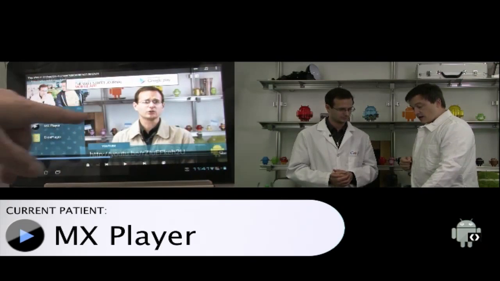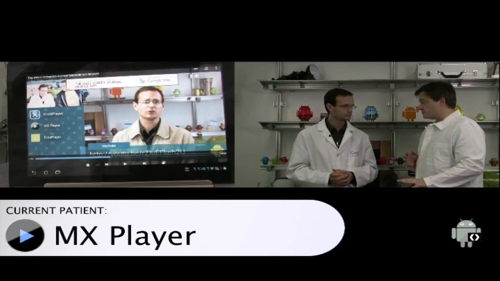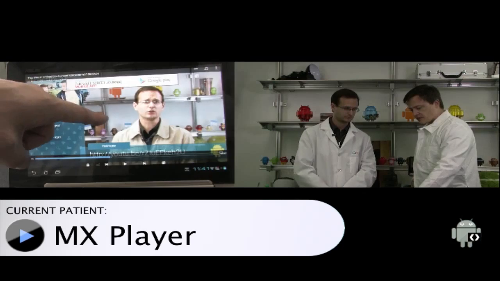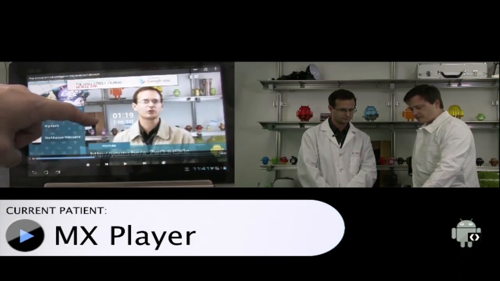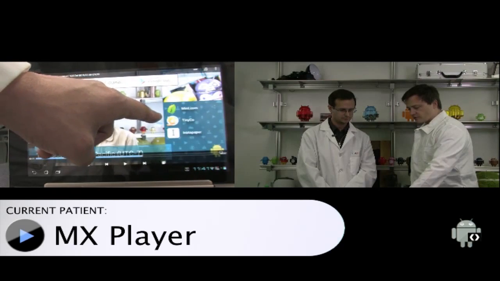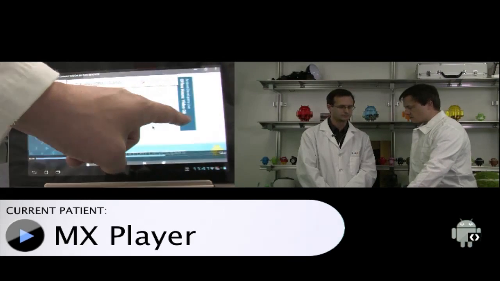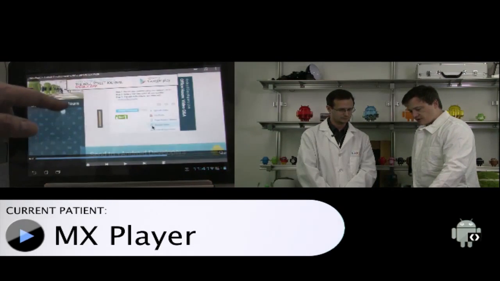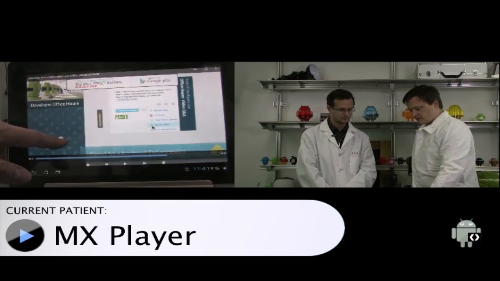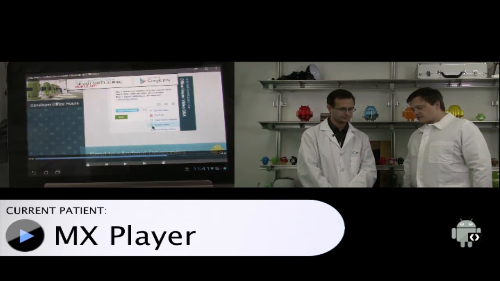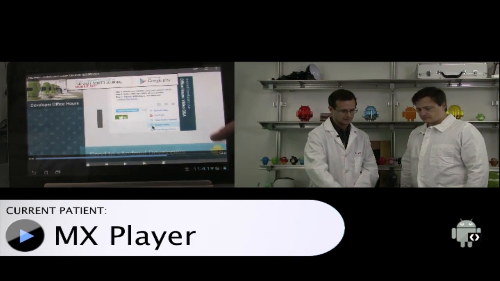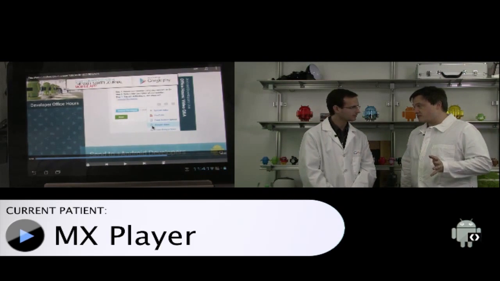Very nice. It also has some gestures which I think are really interesting. Moving left to right in the middle of the screen will scrub with a little bit more sensitivity. And then on one side of the screen you get brightness. Nice. And then on the other side you get volume. Very nice. So that's a cool innovation. No, definitely. I like that. But what I found most valuable of all,